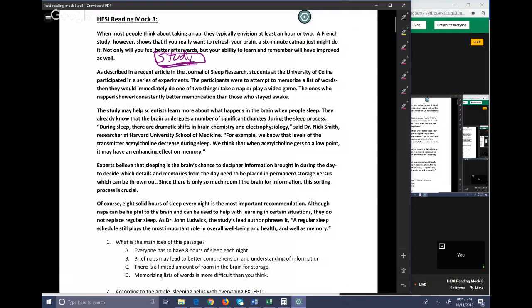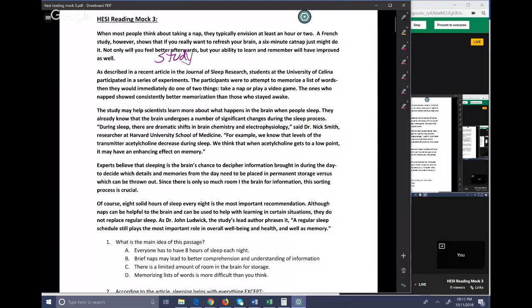So if it's in the intro and they actually say a recent study shows, and then they make their point, study is part of their point. If study is not in the intro, but you see it later, generally speaking, 99% of the time, that's just one of your focuses. It's not a main idea. It's not the point of the whole thing.